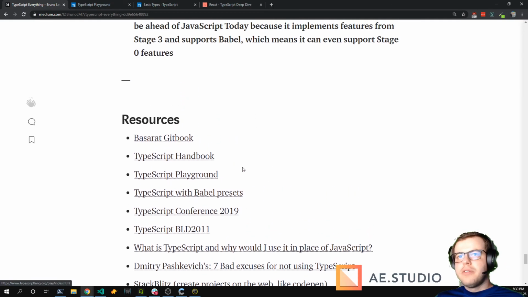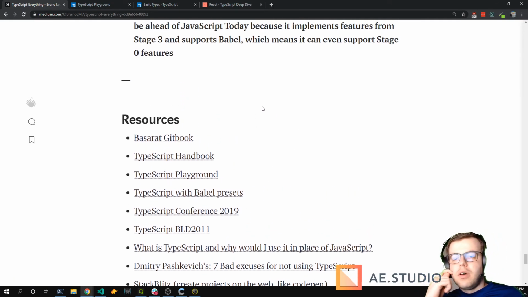Yeah, and there's a lot of resources here. And I personally use TypeScript for any size of project, even if it's just one file, because it's so easy to set up. I just have to install TypeScript, TS Node, and I have everything. I don't need to do anything else there. And I don't know an argument not to use it. Well, I guess the only argument not to use it is if the project has issues. But then I guess it's a lot of other problems.